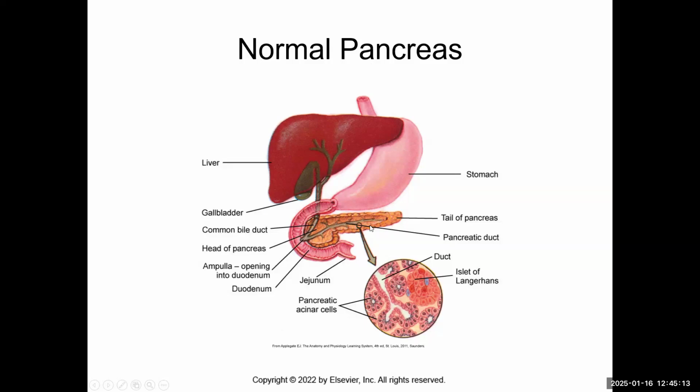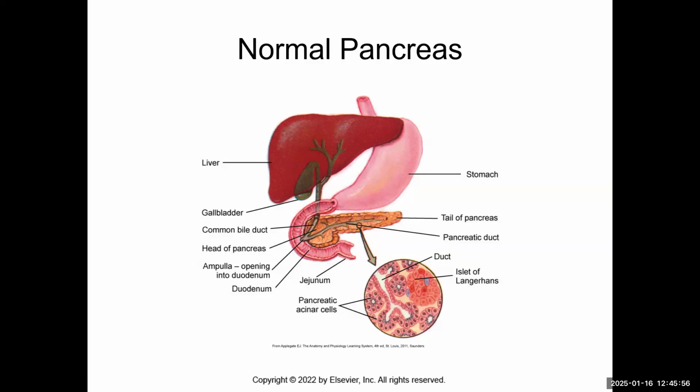The exocrine function: the pancreas is a main source of a lot of our digestive enzymes. Amylase helps with the digestion of starches, lipase helps with the digestion of lipids, and then we also have some peptidases, enzymes like trypsin and chymotrypsin, that help us with the digestion of our proteins. It also provides some bicarb that helps with our acid-base balance. The pancreatic duct and the bile duct join to the duodenum portion of the intestine, and so that actually helps with